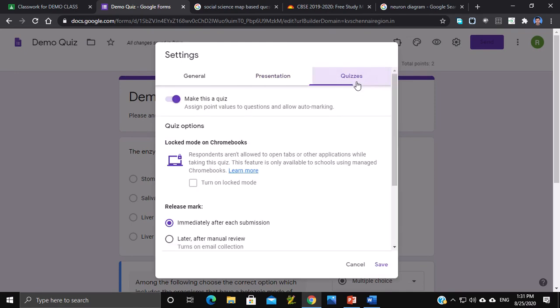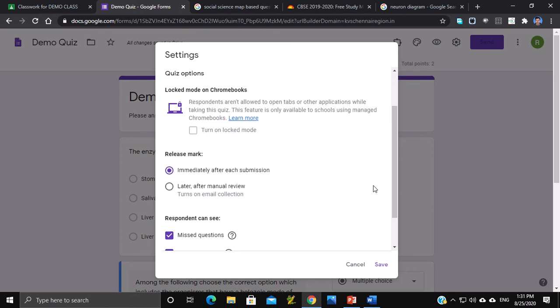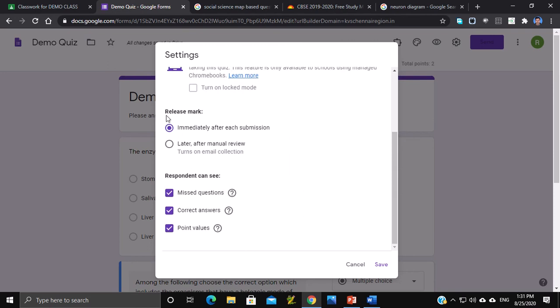Then I'll go to quiz. So I've already made this a quiz. Now the option is release marks. Sometimes, if it is an MCQ paper, we have marked the answer key and we are confident that our answer key is 100% correct, then we can release the marks immediately after each submission.